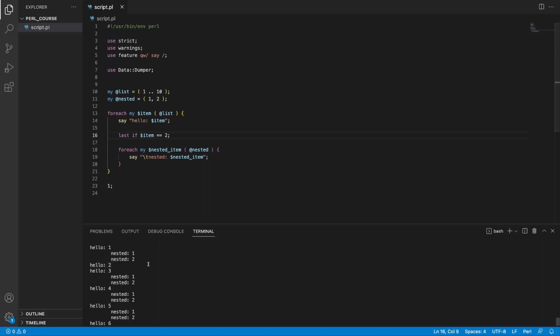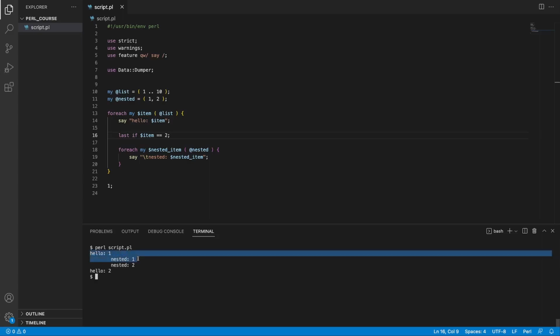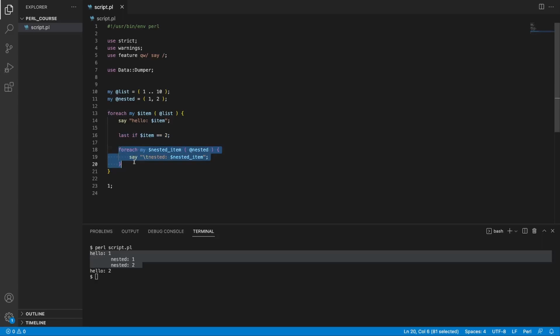So if we save this, go to our terminal, let's clear it up, rerun our code, we're going to see that we went through the first item and also through the nested loop. However, once we hit the second item, we printed out the first statement because it's before the last keyword, but we never get around the foreach inner loop. And this is because we said that we want this to be the last iteration